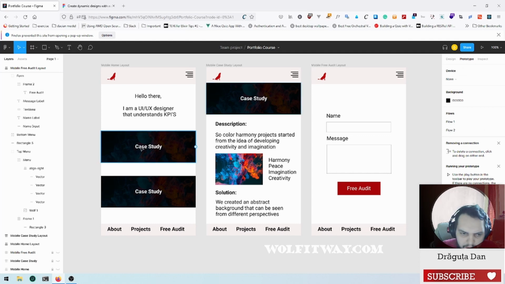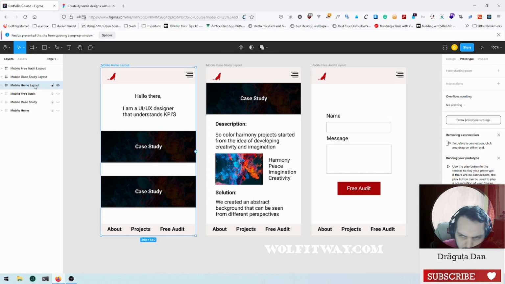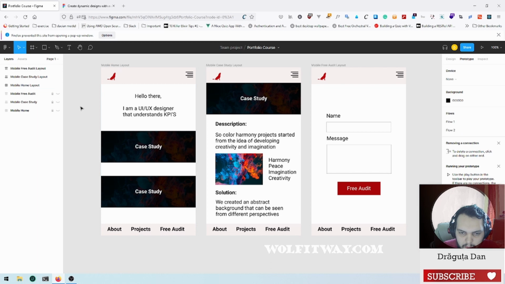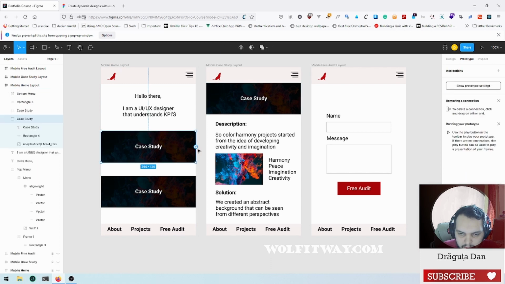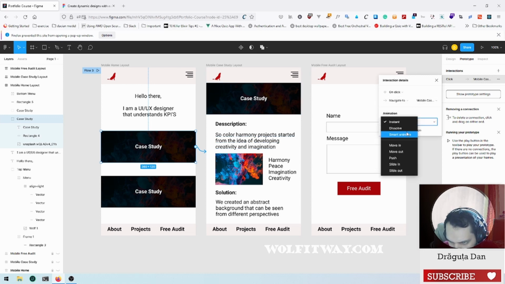and we already have some flows from my low versions, but we are not interested in those, so we are just going to start on home, and it's not going to show that we have any prototyping here. What we want is when somebody presses this case study, we want them to show this page. Figma, we want Figma to show this page. And we are going to be on click,